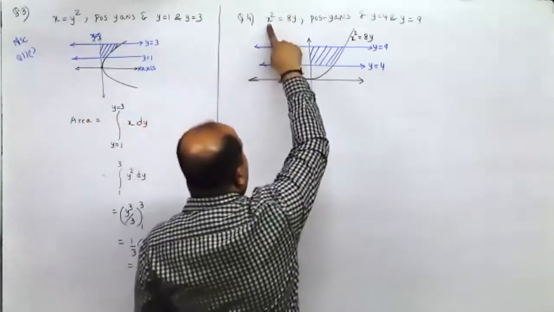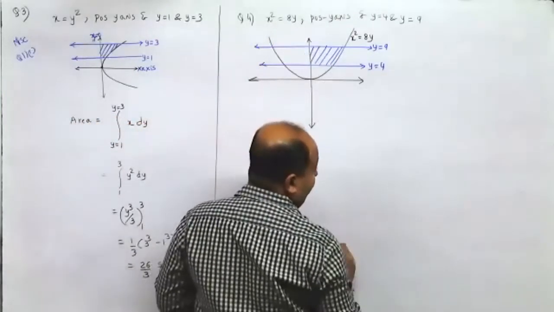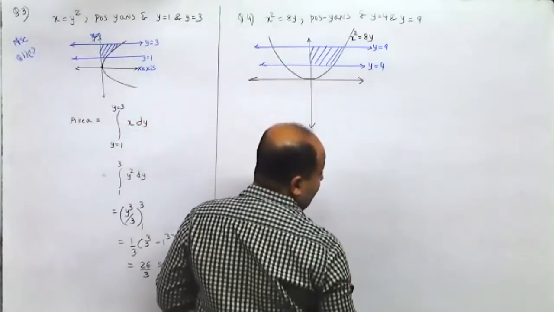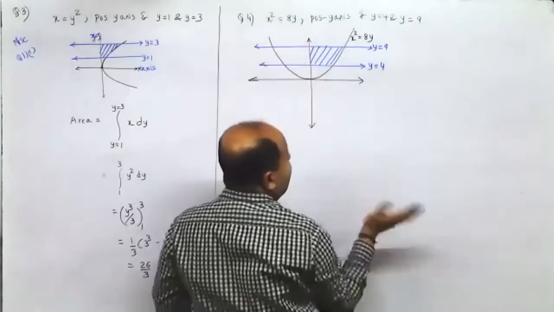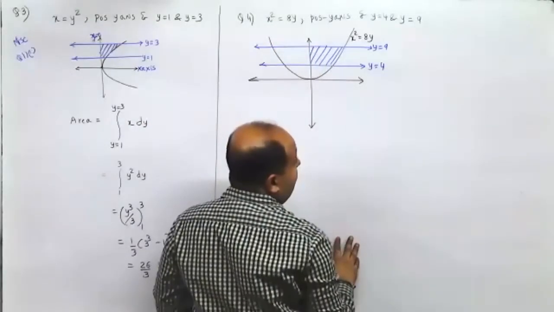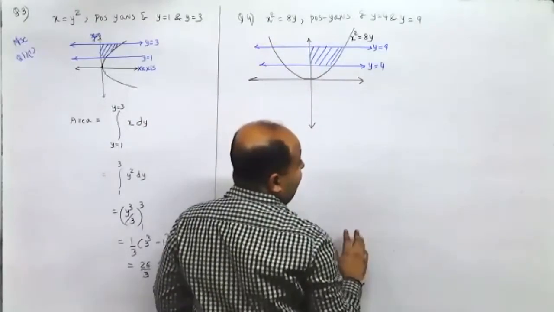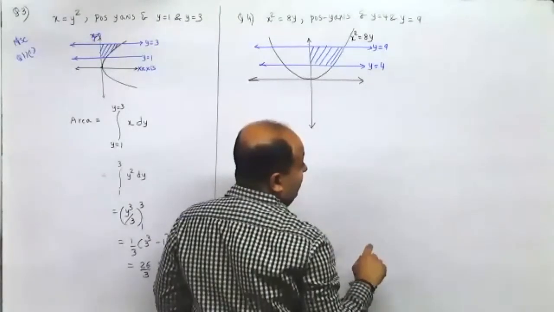Have you followed that it is a parabola? Yes, sir. How did you follow that? Because one is square and the other one is not. So you have figured that out. Now x square means it is symmetrical about the y-axis, and y square means it is symmetrical about the x-axis.